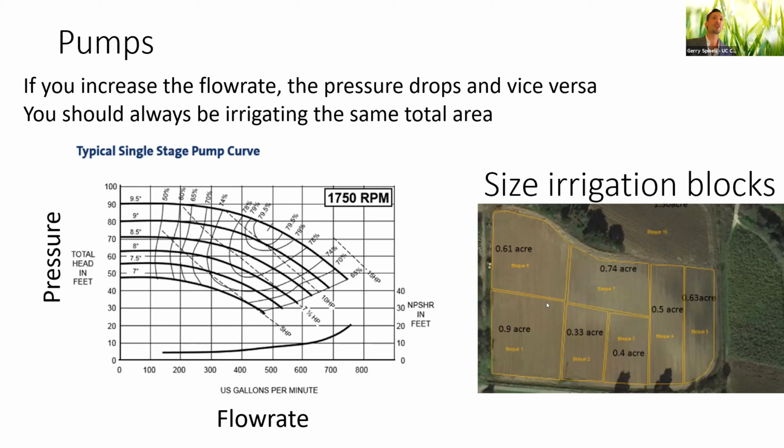So in this situation, say that you know that when you irrigate this block, that is 0.9 acres, you have enough pressure. Then you will probably have to irrigate this 0.6 with this 0.3 together, and this 0.5 with this 0.4, right? To put them together and achieve the same area, and so it will be the same flow rate if your irrigation system is all the same, right? But then this 0.74, what can you do? You will have to irrigate it by itself.